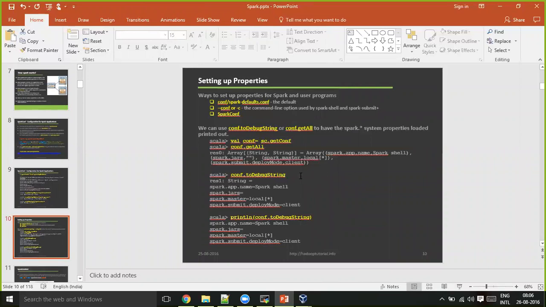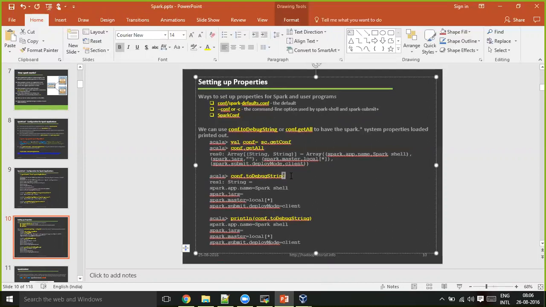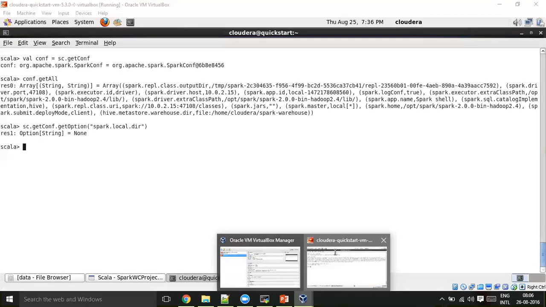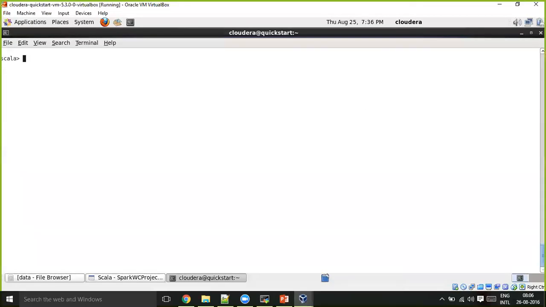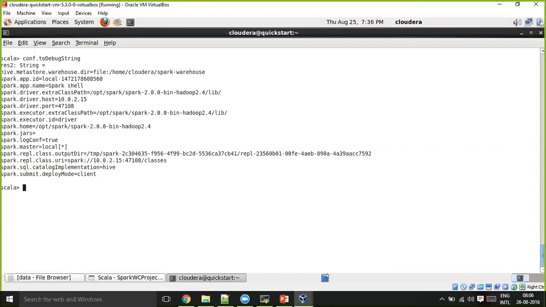And one more option is you can even print the toDebugString. toDebugString has a different purpose: for debugging your RDDs or the objects, we'll discuss a bit more during the debug. But for now, the scope is to get all the conf. You can even use this conf.toDebugString.